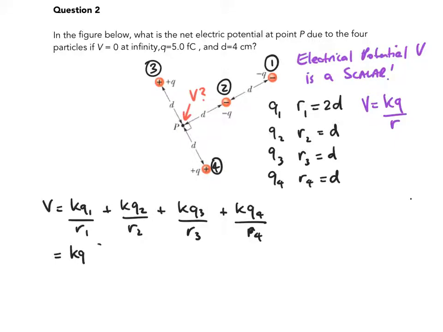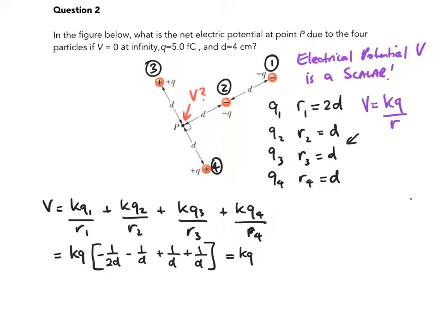So we can do that, and then we can rewrite this. Let's put our values for the R's that we have over here. Let's put those into the equation, and we get -1 on 2D for Q1, -1 on D for Q2, +1 on D, +1 on D. If we do some algebra on that guy, we get